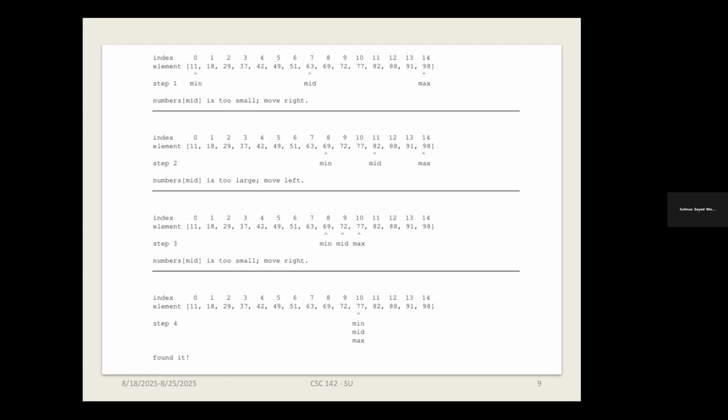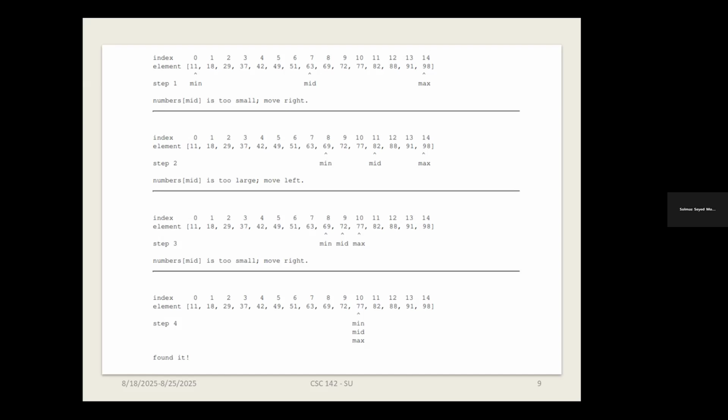The next step, we change the minimum, middle, and max again. Here minimum is index 8, middle is 9, and max is index 10. The number at the middle is too small, because 72 is smaller than 77, so we move to the right.